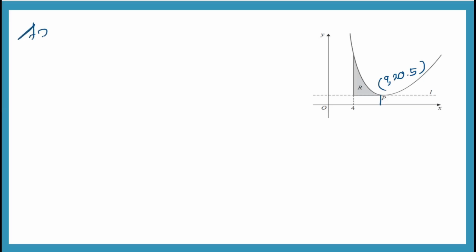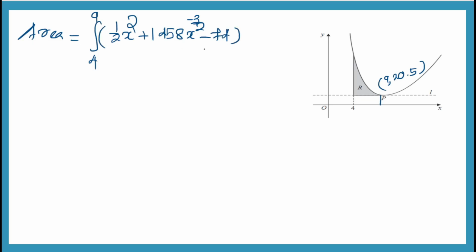Now required area equals integral 4 to 9 of 1 by 2 x square plus 1458 x to the power minus 3 by 2 minus 74 dx, minus 5 times 20.5